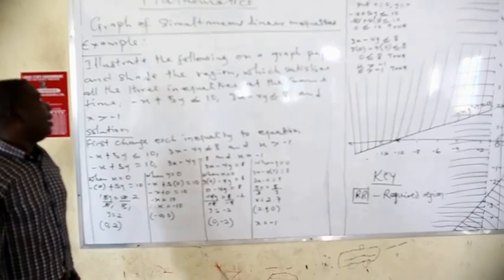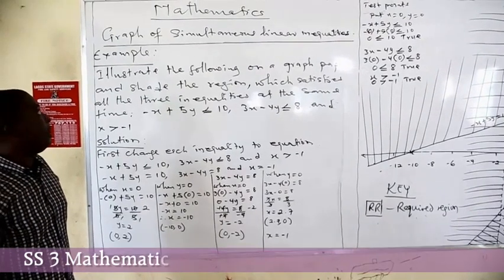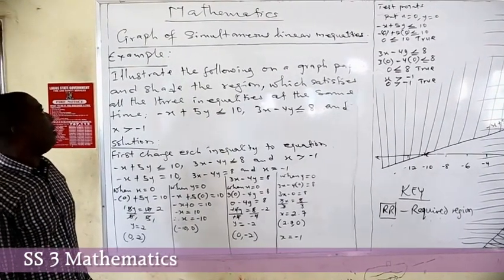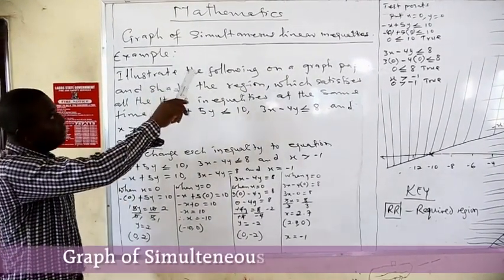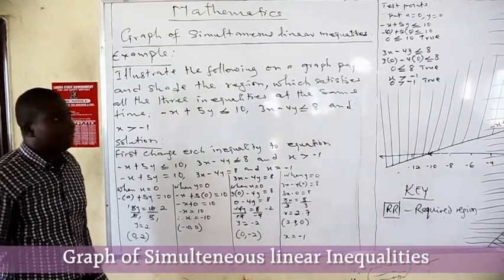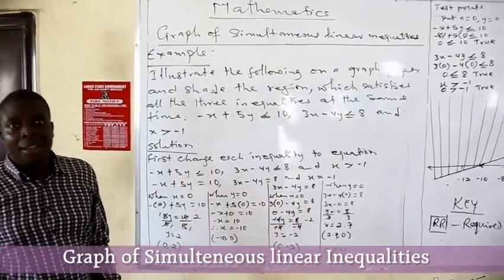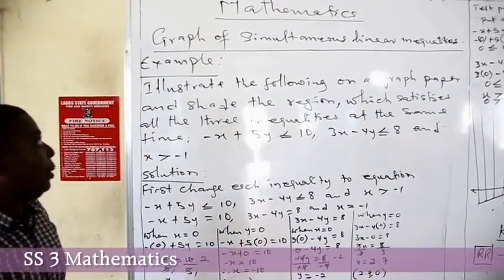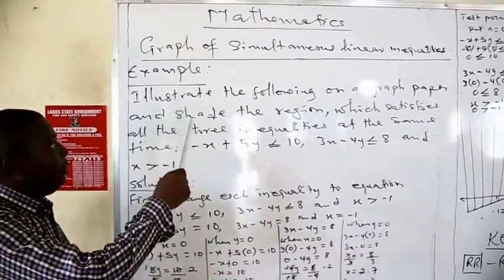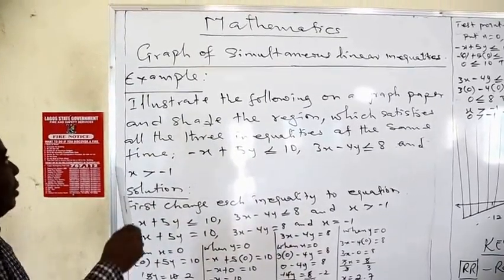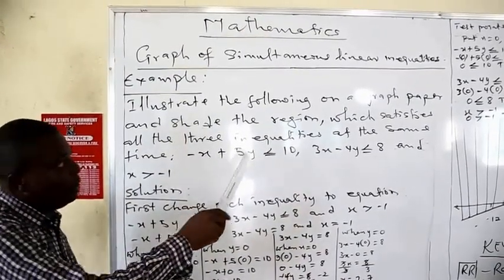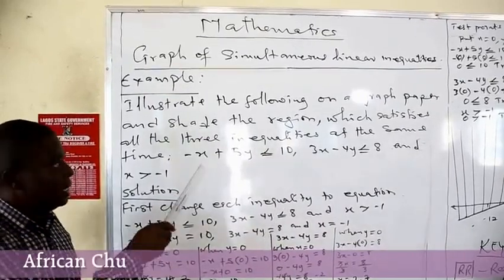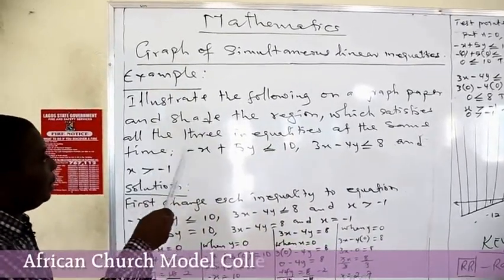Students, I will be taking you in mathematics on the topic: graph of simultaneous linear inequalities for SS3 students. Let us consider this example. The example says, illustrate the following on a graph paper and shade the region which satisfy all the three inequalities